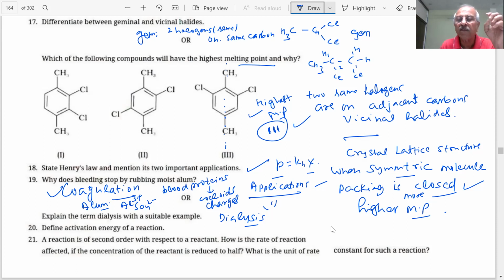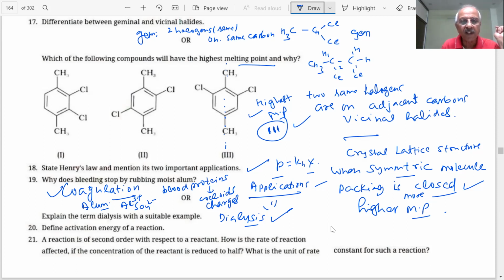And you are also aware of electrodialysis, because dialysis is a slow process. If we apply an electric field, these are charged particles, they will speed up the process. This is more interesting. You can read the NCERT answers. We already explained to you, but nothing much is required. Student, next question.